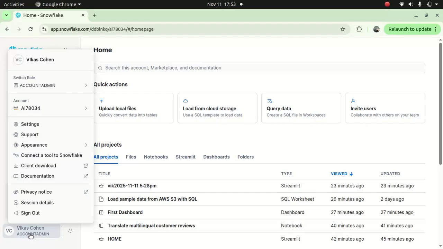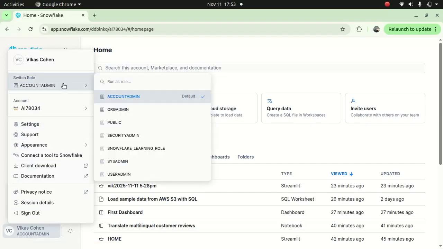If you look at the roles, you have org admin, you have a public role, you have security admin, which has to do with the security side of things, and you have the sysadmin role. So it's important that if you get some time, you go through each role